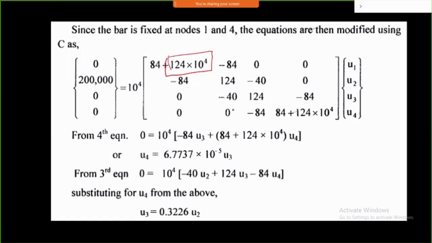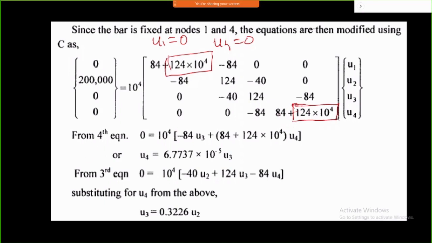Search all the elements into this, and then the maximum of this value is to be included into this. Okay, that is the way you can do it. So here we have included it, because node number 1 is fixed, U1 is 0, and your U4 is also 0. So that's what is also added into this. That is the way the penalty approach will work.